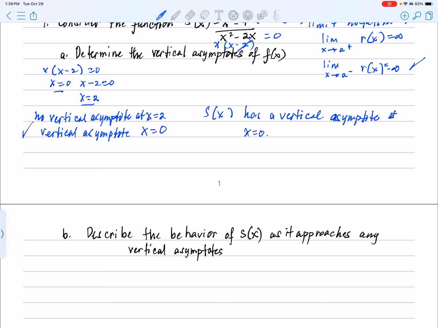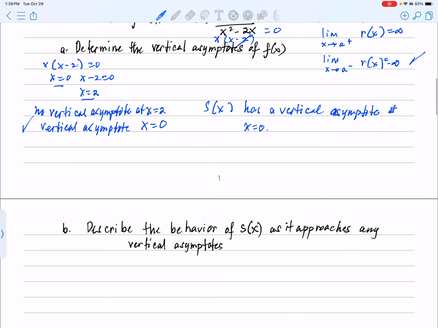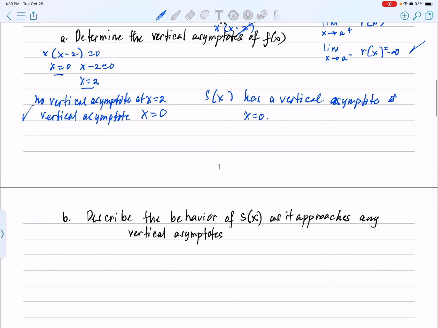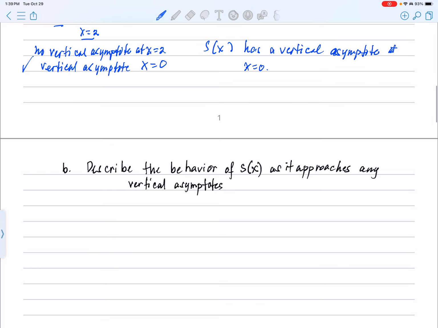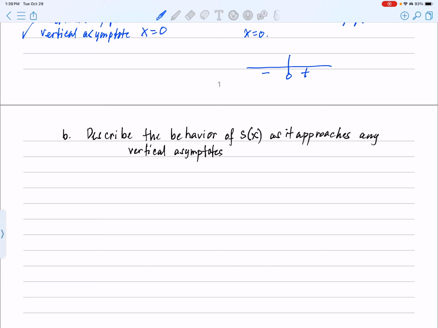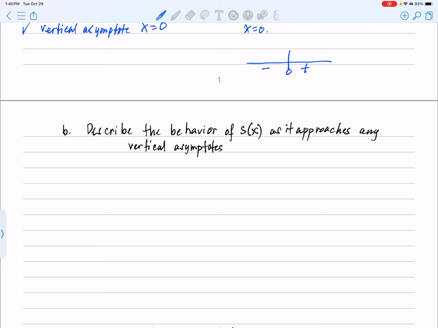To describe how the function behaves near the asymptote, we can describe what is going on in both directions. So find the limit. We'll have to find the limit of the function as x approaches 0 from the left and from the right of 0. This is 0 right here. What's going on the right side and what is going on the left side of 0. By doing this, we can substitute values that are very near. I'll start with the left side. Okay? From left,